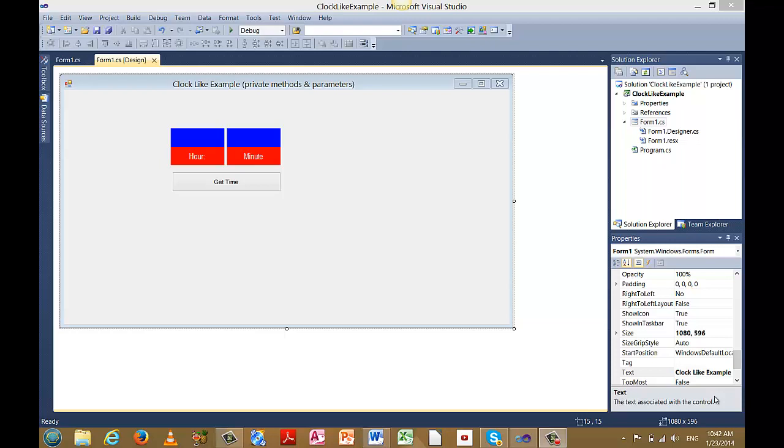Hi, I'm going to demonstrate a prototype program that is similar to the clock program that I'm asking you to write, and it will capture the time from the system. It will use a substring method to drill out the hour and minute components of the string that we capture